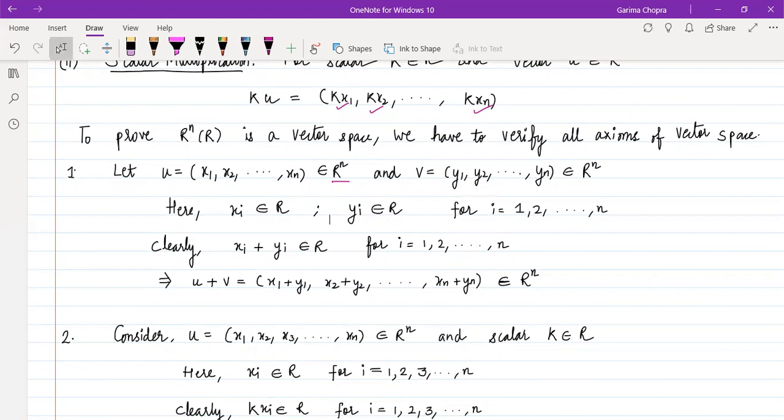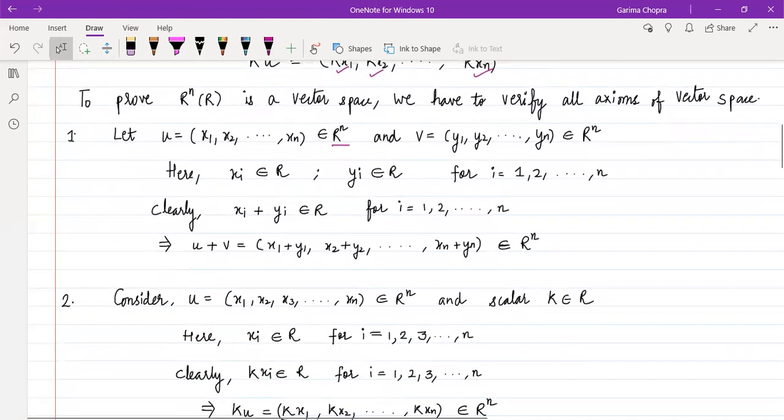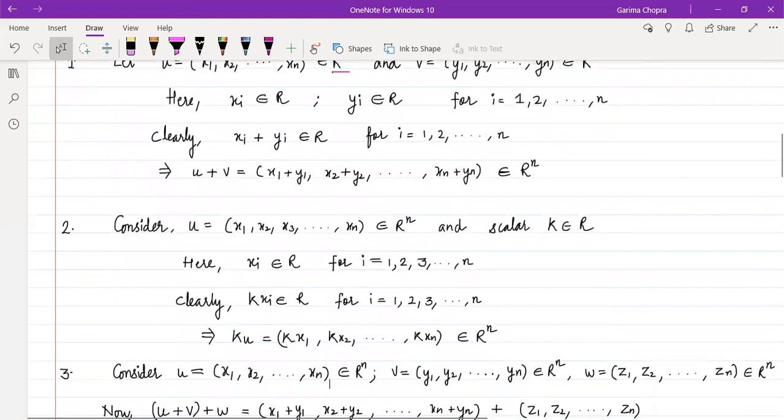Similarly, we will be proving that scalar multiplication is closed in set V. So for that, we are again assuming one arbitrary vector u having n components, x1, x2, x3, xn, and we are considering here the scalar k. And when we will be doing scalar multiplication, then if I talk about this ku, the ith component of ku will be of the form kxi.